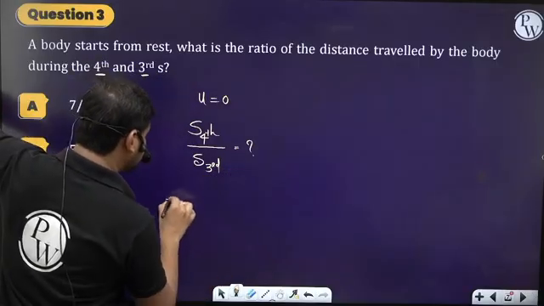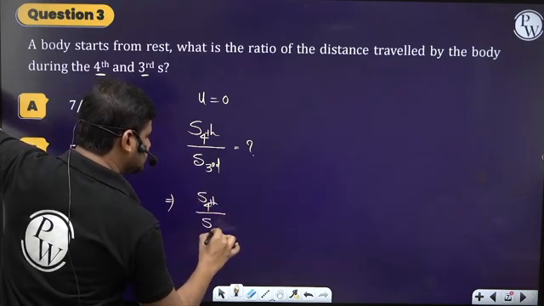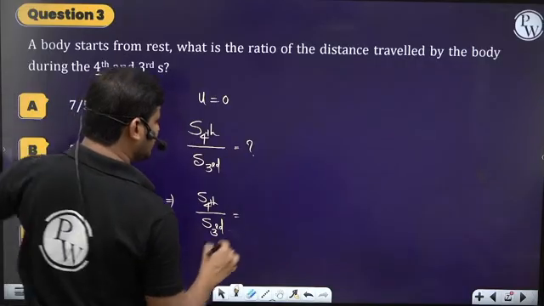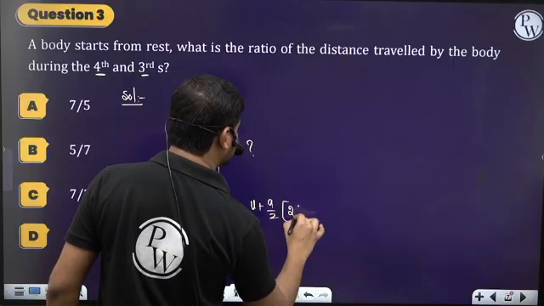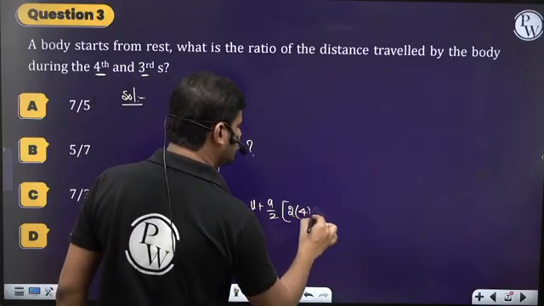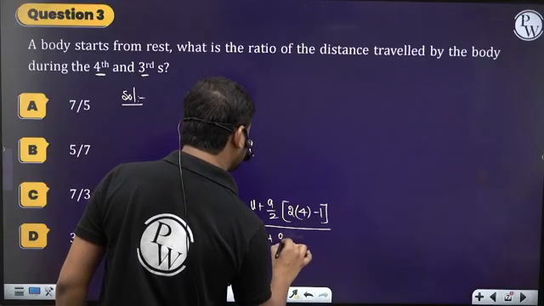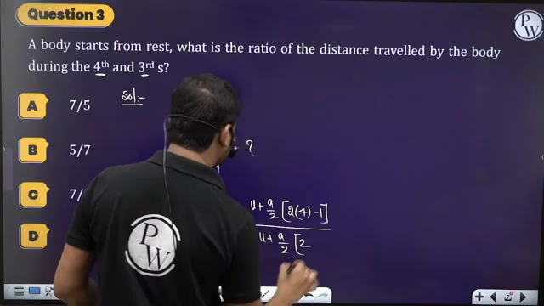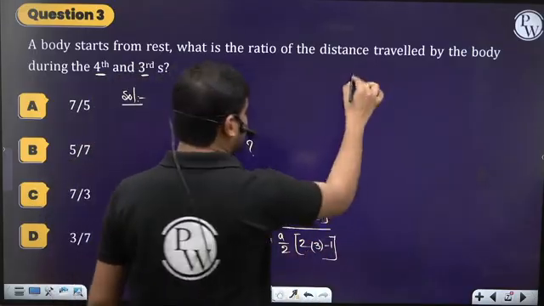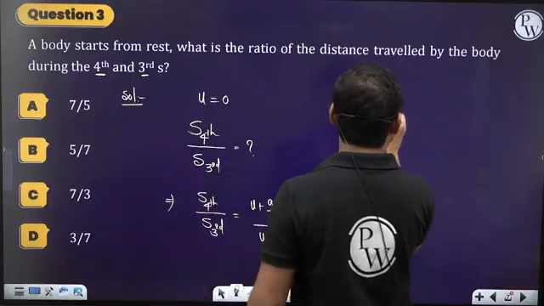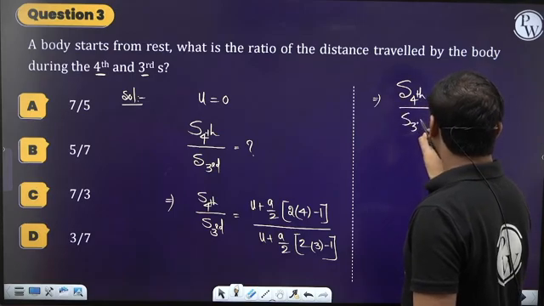We know the S nth formula already. So S4th by S3rd is equal to u plus a by 2 into (2n minus 1). For 4 seconds, that is 2 into 4 minus 1, divided by u plus a by 2 into (2n minus 1) for the 3rd second, so in place of n substitute 3. So now let's see here. We can write the distance traveled in the 4th second to the 3rd second will be equal to